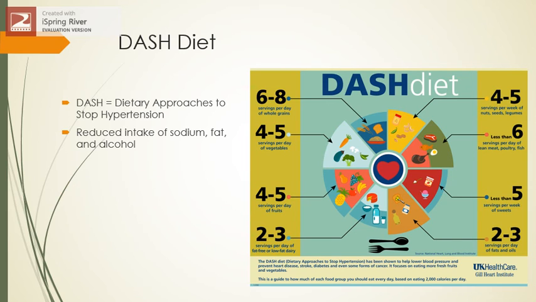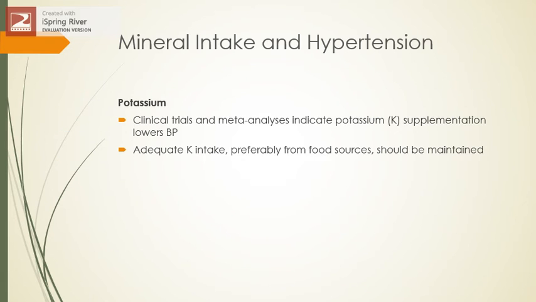So basically the DASH diet tells you to reduce sodium, fat, and alcohol. Those are the things they want you to reduce. And in turn increase potassium, calcium, and magnesium. So let's talk about those individually. Potassium,